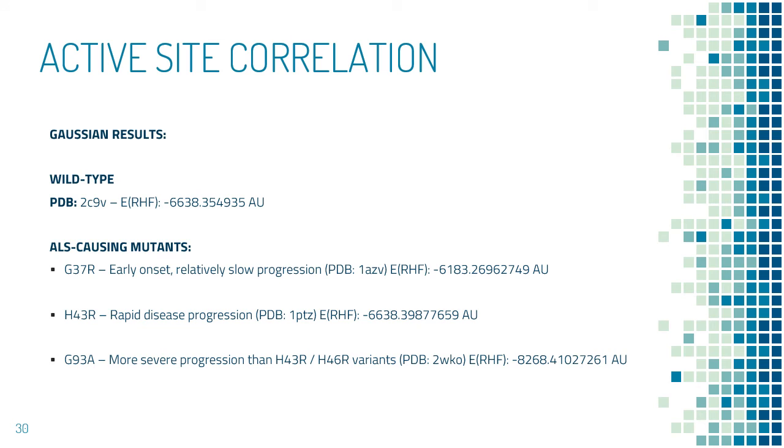So for the wild type, 2C9V, which is kind of our baseline, we had a negative 6,600 atomic units, Hartrees, of energy. Then when we get a little bit further, the copper from that nitrogen, we end up with a higher energy, negative 6183. And then as we get even further to the more rapidly disease-progressing H43R, we come back down to an energy that's close to the original